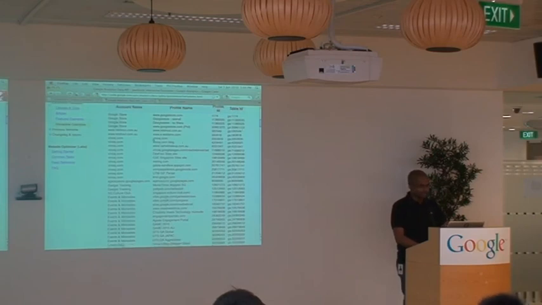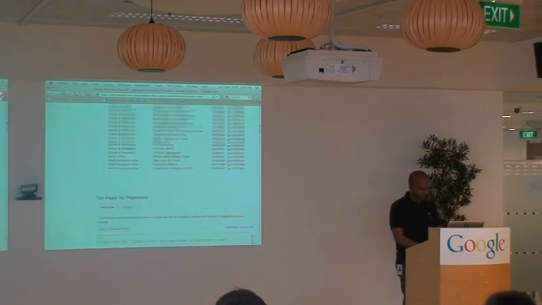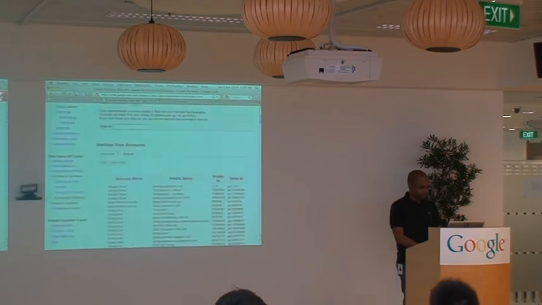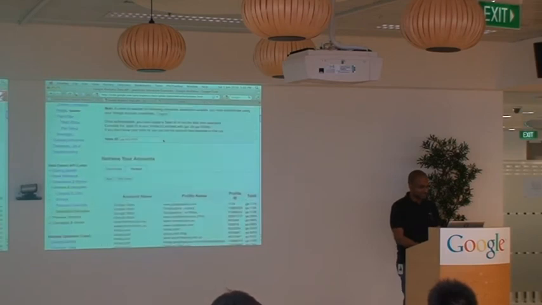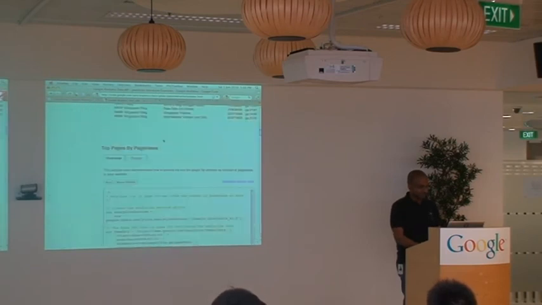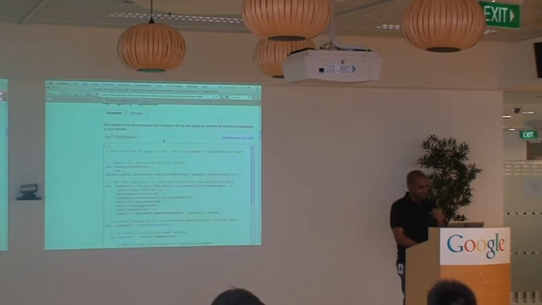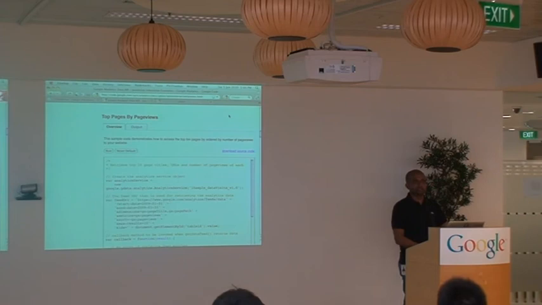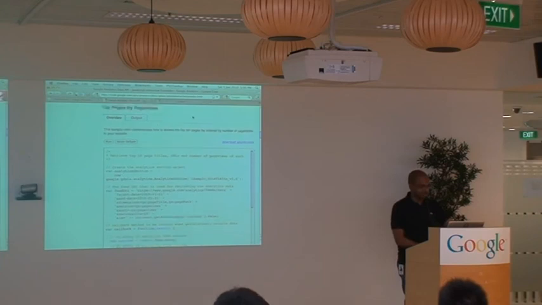So let's say I want to pull information from my site. I need to know this table ID. That's going to be the unique database that I'm going to be pulling data from. So I'm just going to copy that, scroll back up to the top, and paste it in here so that all the interactive samples know to read off that database. Then we can start playing around with some of the samples. For example, we can look at the top pages by page views. You might have a custom need in your dashboard to look at the top 15 pages, sorted by the number of page views.